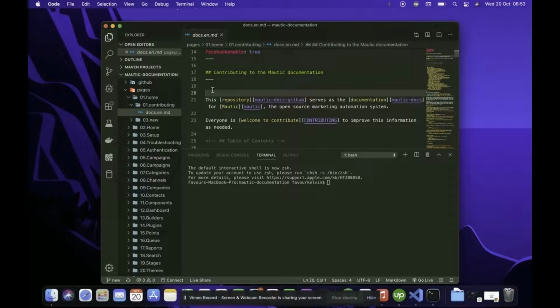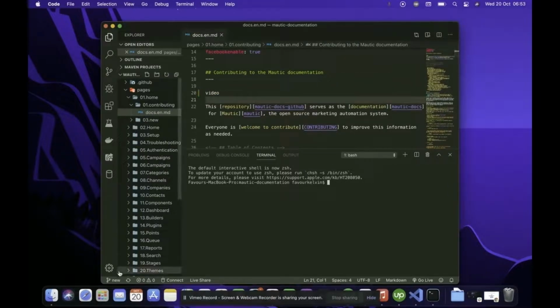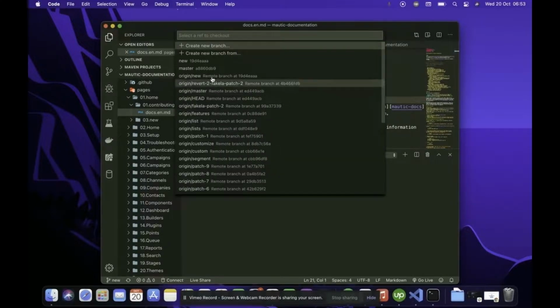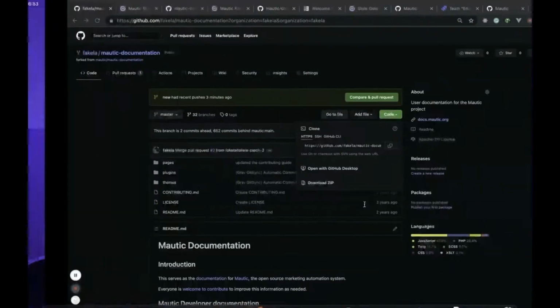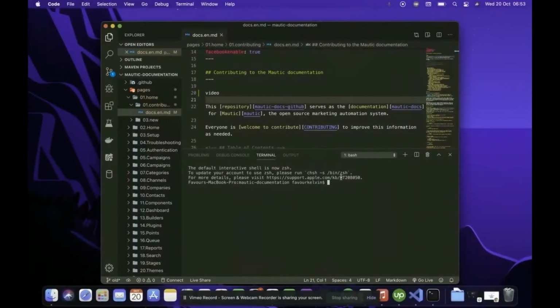Assuming we make the same changes that we made in the previous video, now we are in the new branch. You can always change your branch to, let's say, old branch, create new branch. I love using this method to change branch because it's very easy. So now that we've made some changes, we do git add for a modified file or new file, then git